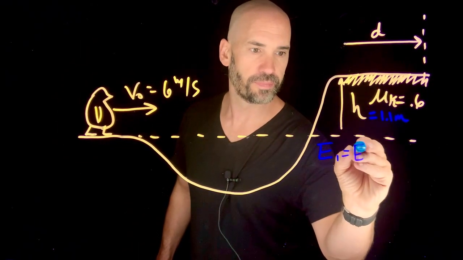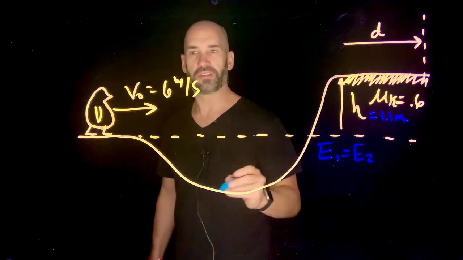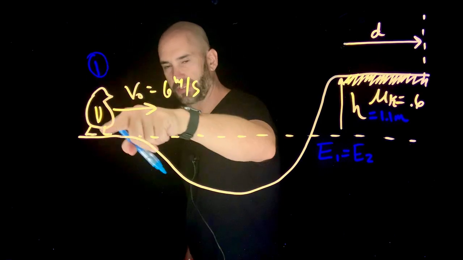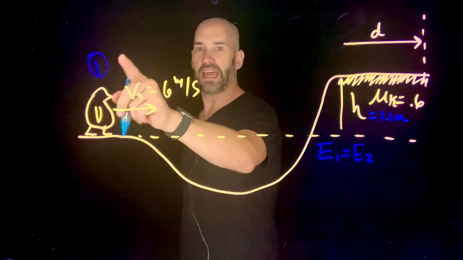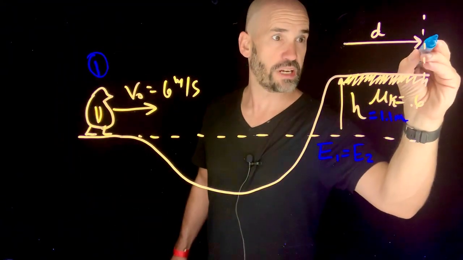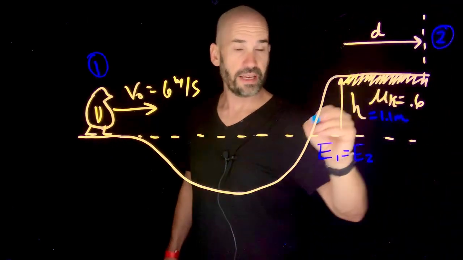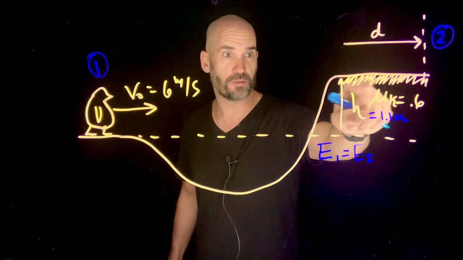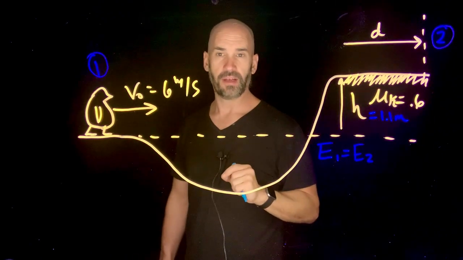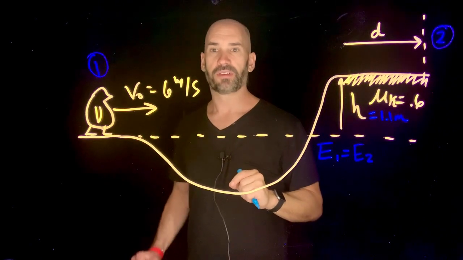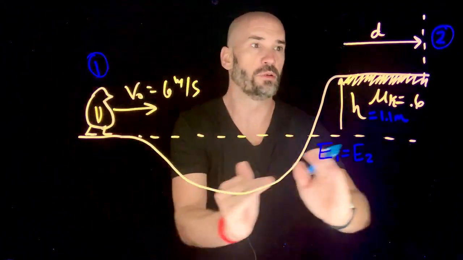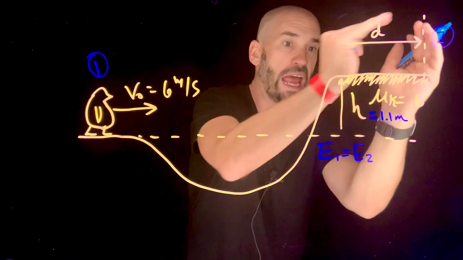equals E2. Okay? So in other words, the energy that the penguin starts out with over here in the initial situation is going to be equal to the energy that she ends up with, right? Including the energy that she gives away because this frictional force is doing work on her. Okay? So in other words, all her energy here is being converted into all this energy and work done by